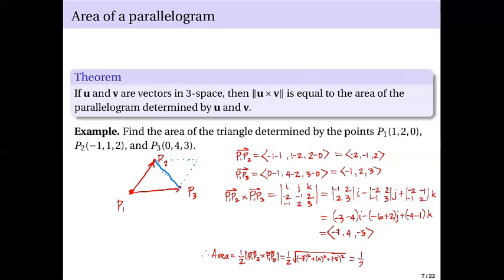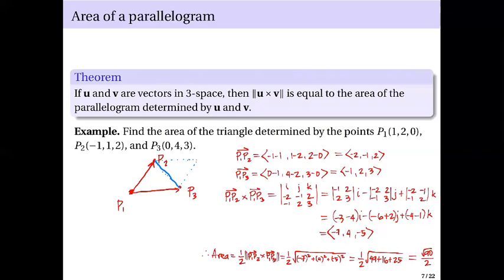So we have 1/2. What's the one inside? Square root of 49 plus 16 plus 25. So just simplify this and you will get the area. So 16 plus 25, that's 41. 49 plus 41, that's 90. Square root of 90